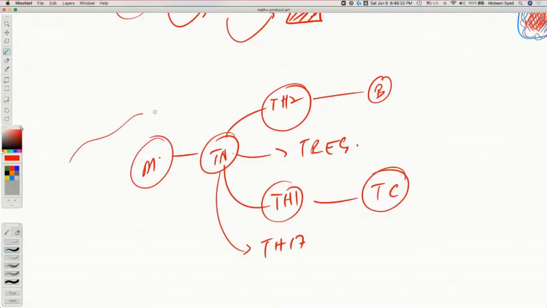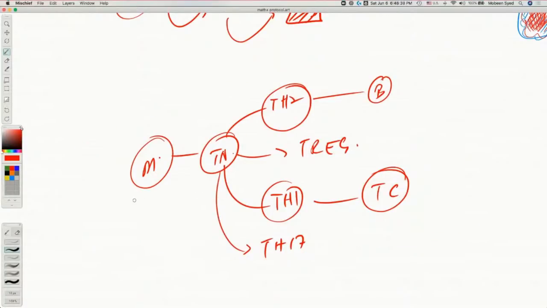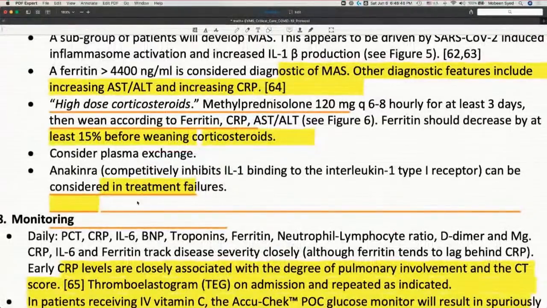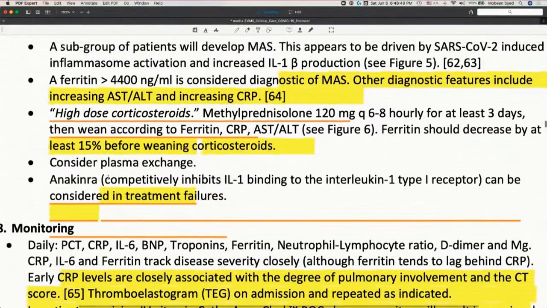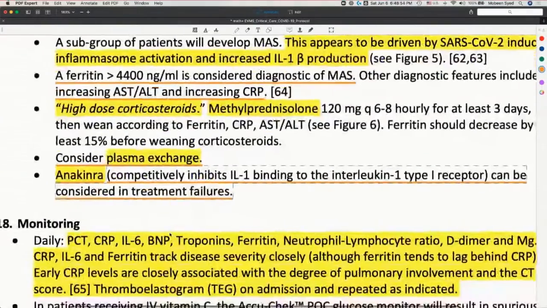They are either blanketing and blocking the whole immune system with steroids, or they are shooting at individual targets and trying to block them, either with IL-6 blocking or with IL-1 blocking. So Anakinra is given, plasma exchange is given, and then if we continue on,